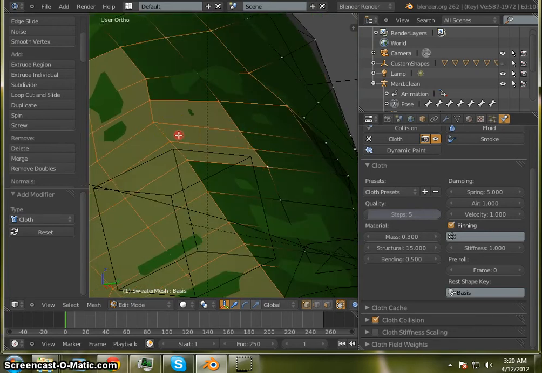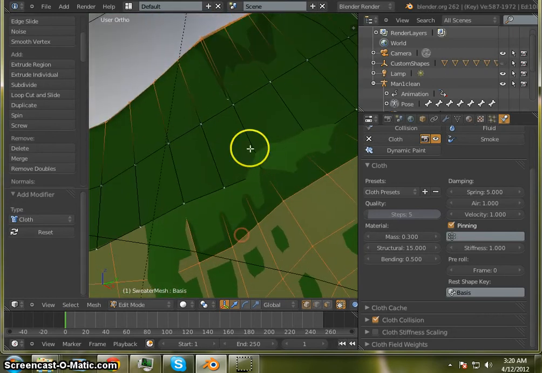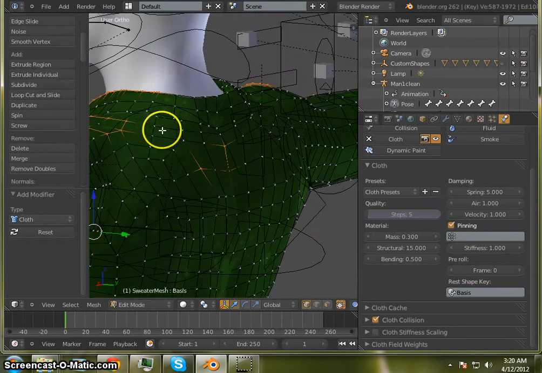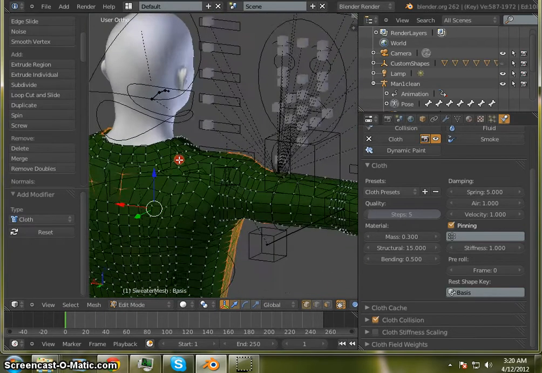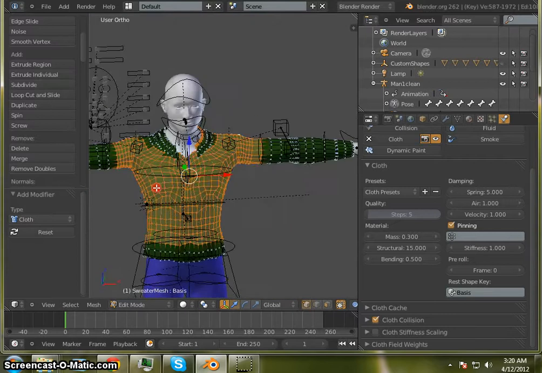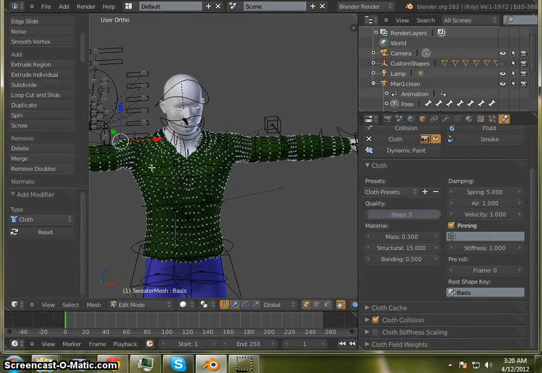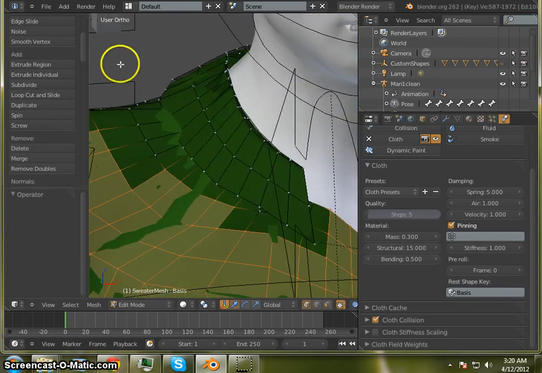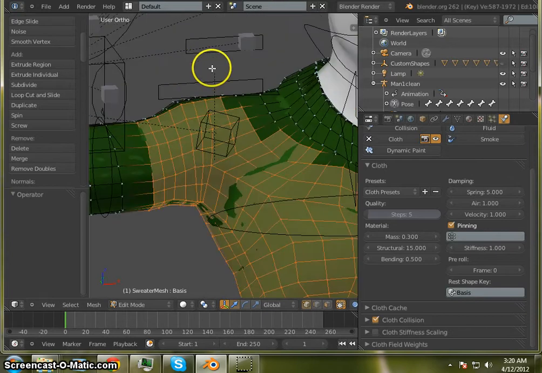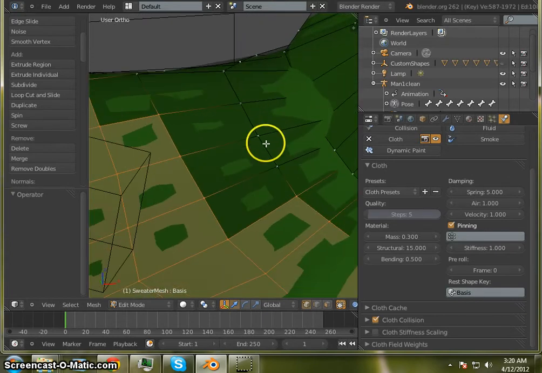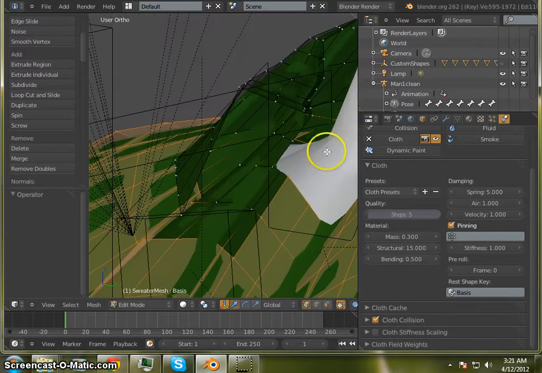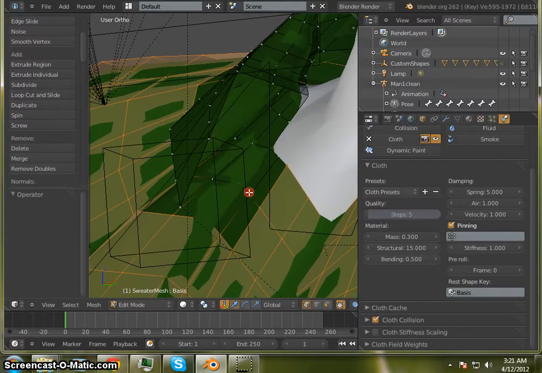Now, one thing you may notice real quick, we can't see all of the vertices here. We want to be able to select the vertices behind this part of the collar. So when I'm done going around and selecting everything that I want around the collar, let me move this out of the way. Control Z. Oh man. You gotta move this in object mode. I don't want to go back to object mode right now because that might possibly deselect what I have already selected here, so I'm not going to do that. Once I have the ones that I know I want selected,